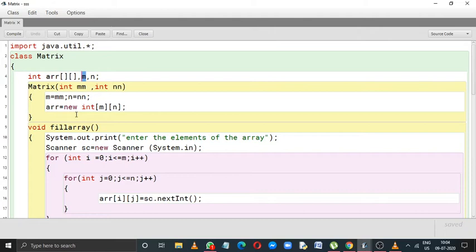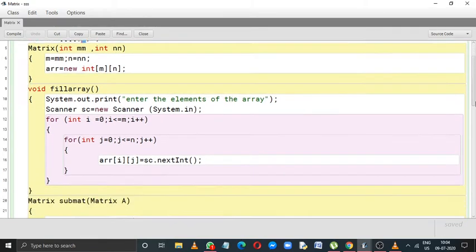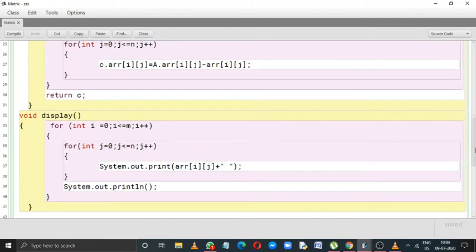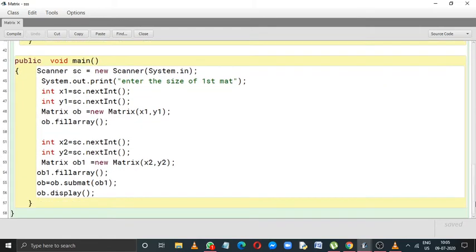So arr equals new int[m][n], and its size will be allocated. After this statement, the control of the program will jump back to the main function. After creation of the object, we have called a function called fillArray. So ob.fillArray will again transfer the control of the program to the fillArray function.